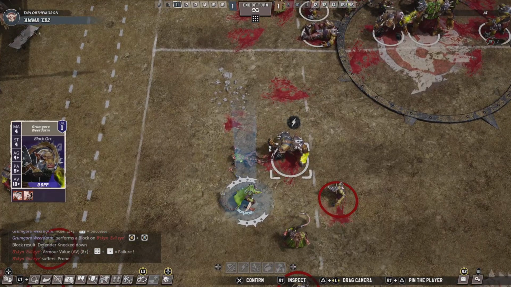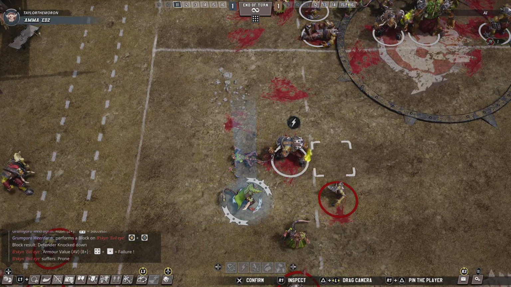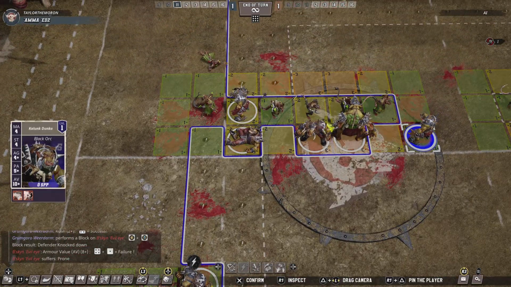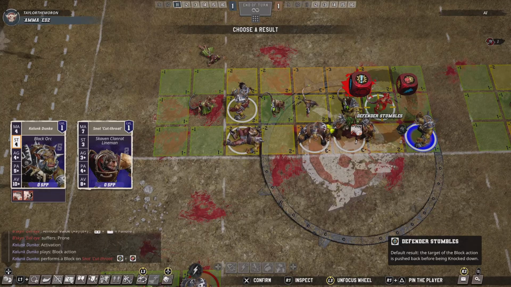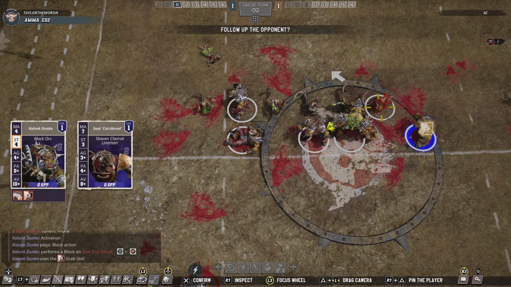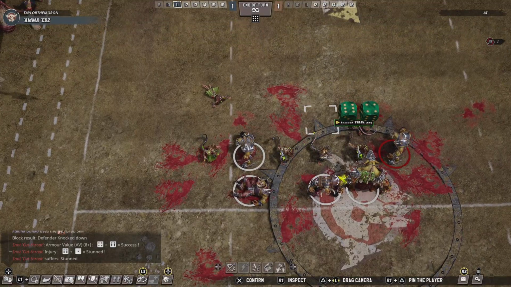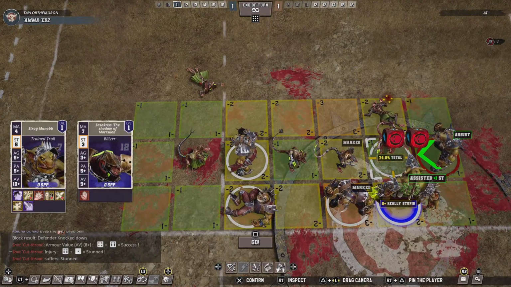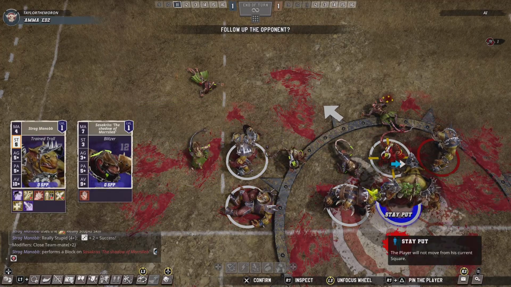Well, we're putting some pressure on the ball, but not enough to really make a lot of difference here. I have a feeling they're going to score. But what I will do is, rather than focusing too much on that, because Black Orc are not fast enough to fall back, so there's nothing I can really do about it, I'm just going to keep pummeling their scrimmage line, because the more players I can take out, the better chance I have